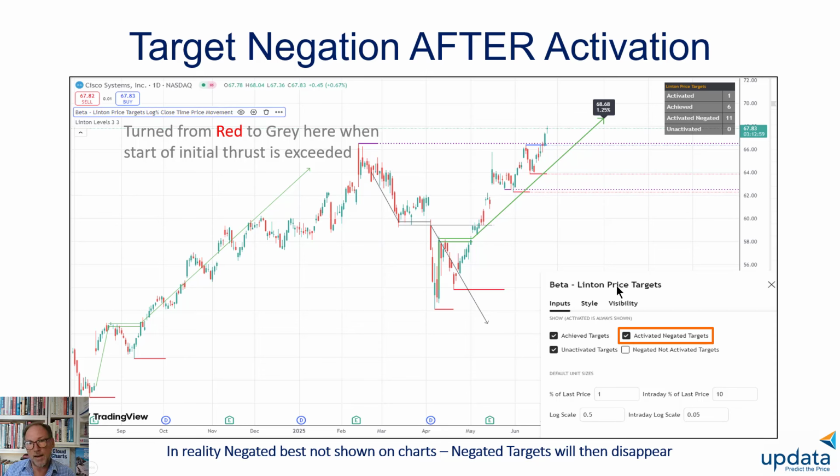Now in the dialog, you can choose what to show. I just show achieved and activated targets, but not unactivated targets. That's what I look to show. So that's quite key. If we look down to the next level,